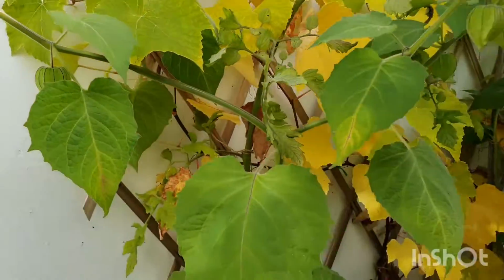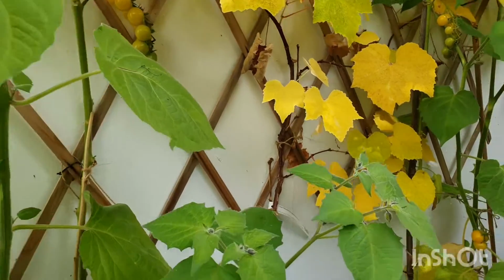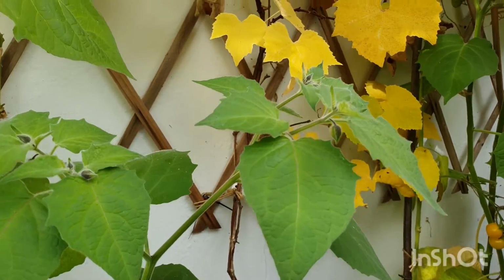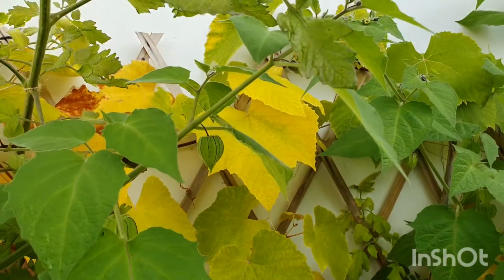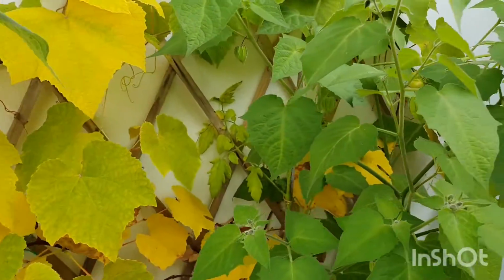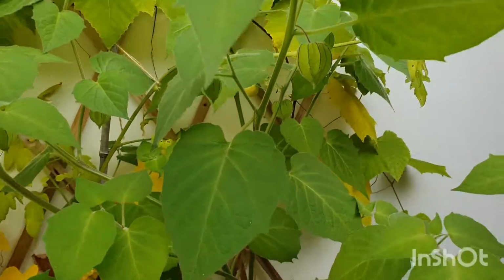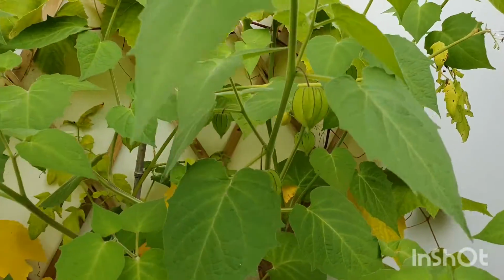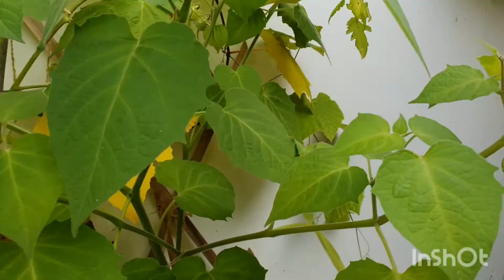If we had had a better summer, a more sunny summer, then it would have been a different story. We would have had more fruits, but you just can't dictate the weather or count on it either. But lots of beautiful things. And what I want to do now as well, I'll see how the weather goes, I'll see how these fruits develop, but if we get any indication of frosts coming, I'll be out here taking cuttings, because